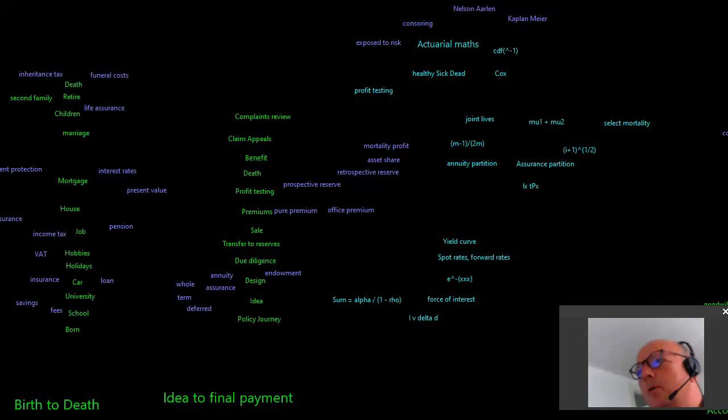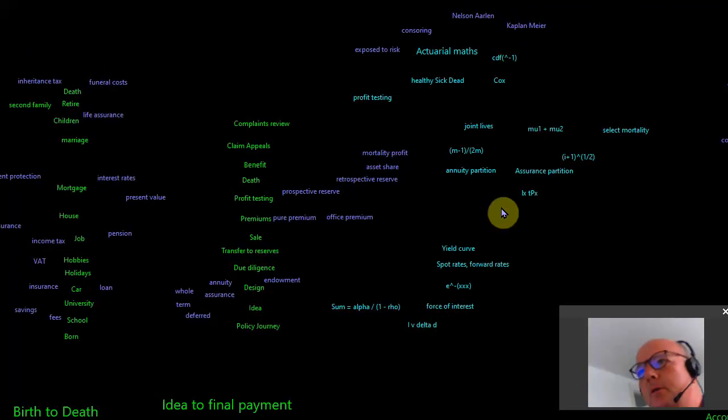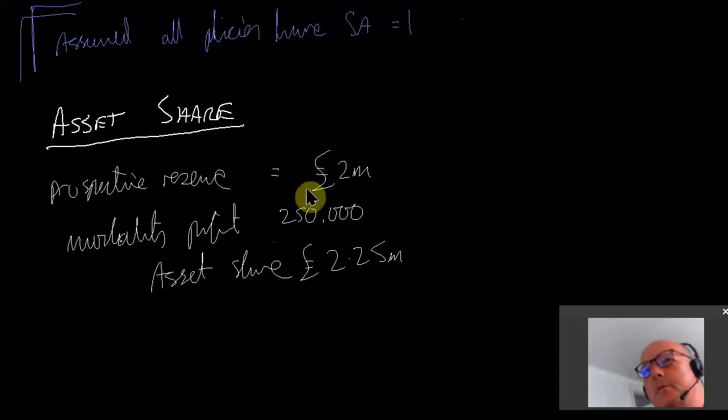So we have a few more of the actuarial maths topics to do. Select mortality we'll do next, which is really simple. Then we've got these other topics which are a bit more mathsy, a bit more calculusy, some of them especially like the healthy sick dead model, that sort of thing. But first of all we will look at select mortality, which relates to a very simple concept that when